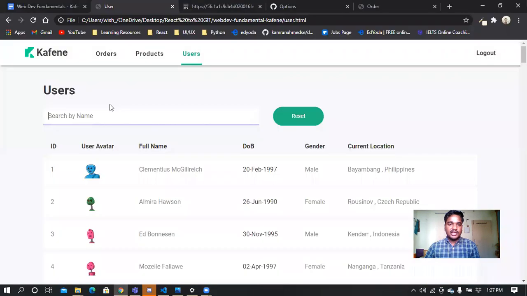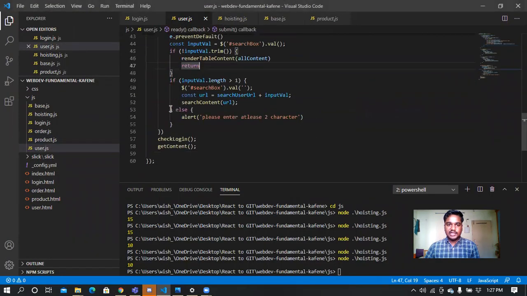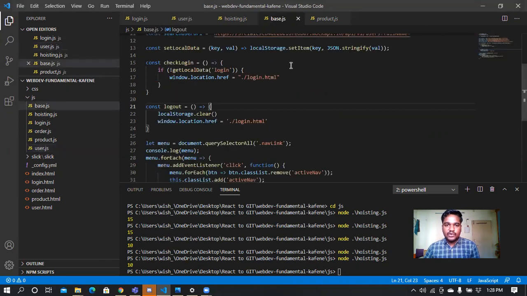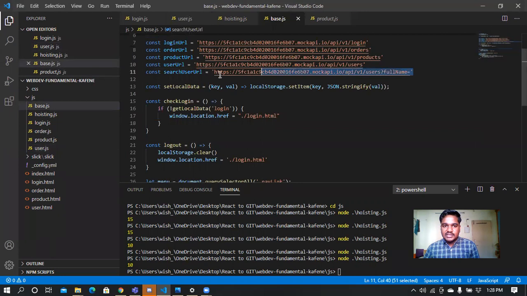If only one character is entered, then an alert pops up, explicitly saying "please enter two characters." But if the length is greater than 1, that is, beyond indexes 0 and 1 in the string, then it will call the search URL plus the input value.